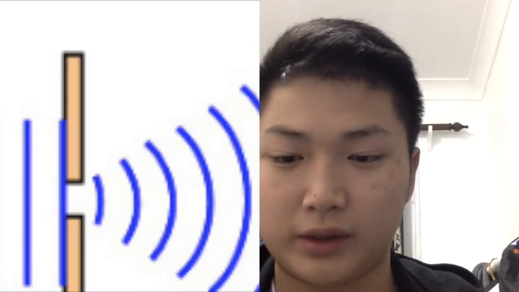Diffraction. Diffraction is the light that passes through a gap. Depending on the width of the gap, it can determine the curvature of the light that passes through. A very narrow gap has a wide curvature when light passes through, whereas a wider gap has less curvature when